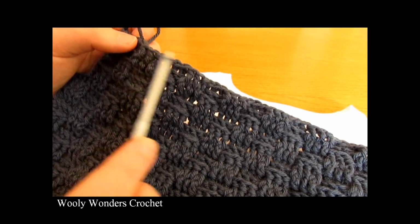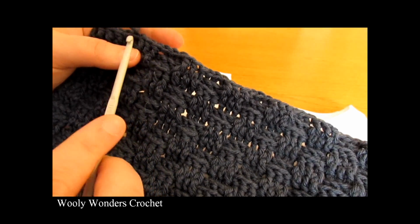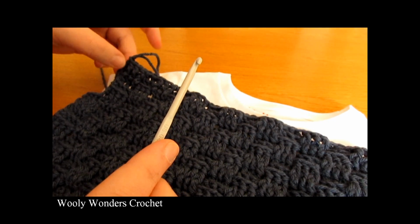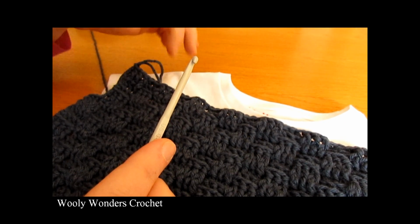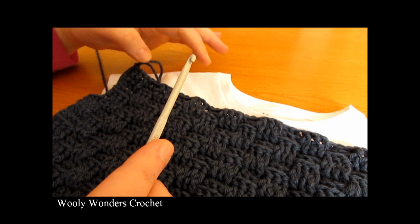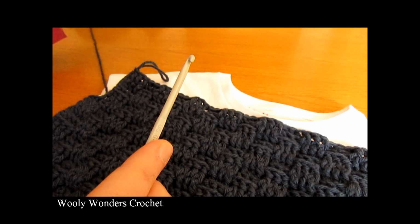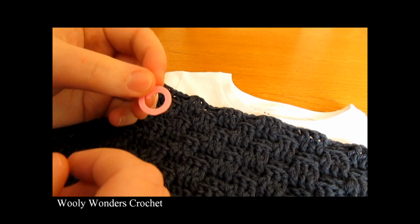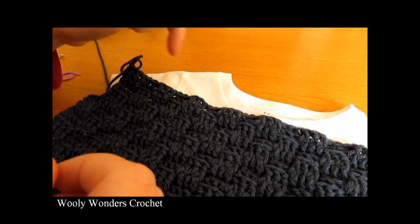So your straps can be as wide as you want, but they must be an even number of sets of 3 stitches, and then you need to have a stitch on either end of your sets to make half double crochets. So we have a half double crochet at the end and beginning of each round. So before you begin working your straps, I would use stitch markers to mark out how wide you'll want your